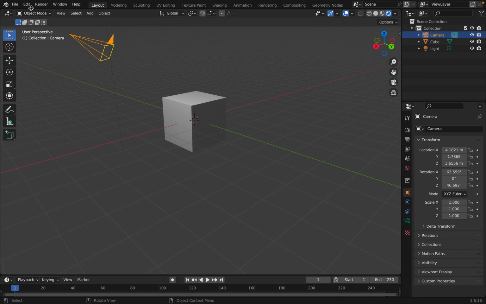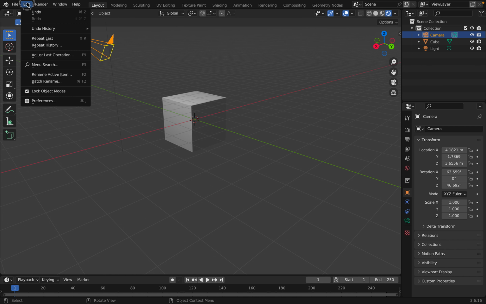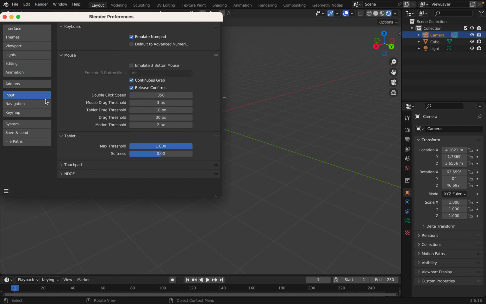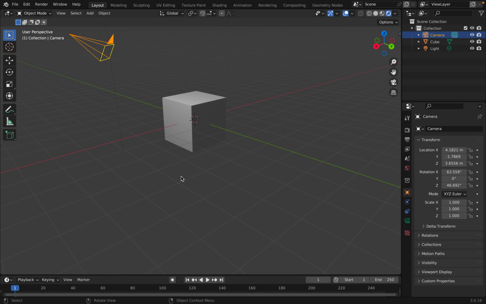So first things first, in order to get my camera to my viewport, I'm going to need to go to Edit, Preferences, and make sure that this button in Input, Emulate Number Pad, is clicked. If it is, and I have my camera selected,